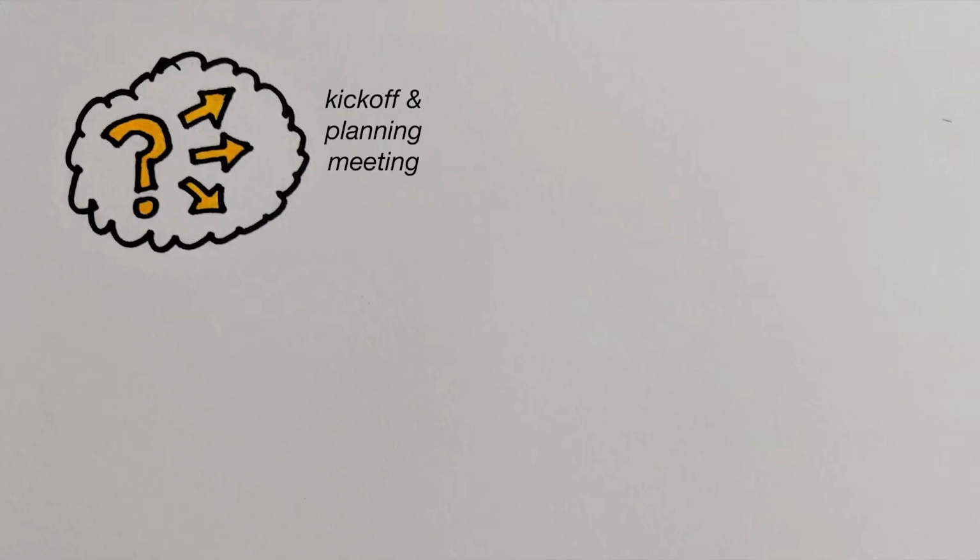And just to walk you through it again, you start with the kickoff and planning meeting, and sometimes this can be really formal, especially if you're in a longer cycle development process. Maybe you really do need to figure out what are all the implicit assumptions? What does everyone think we're doing? It means building alignment around what you're actually trying to do,